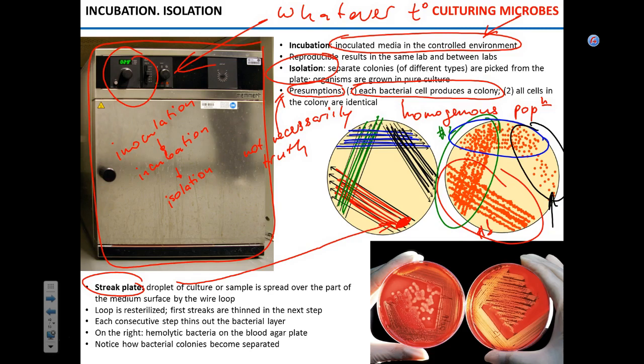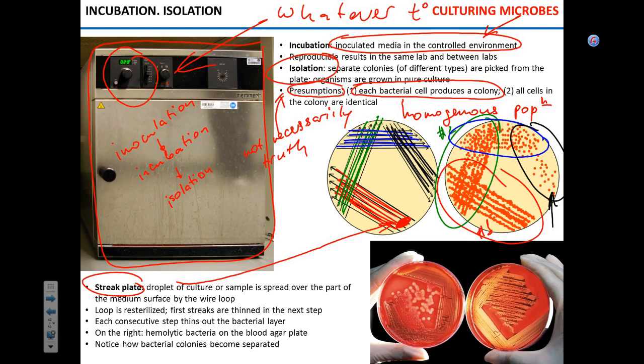You may ask, wait a minute, why are we doing that? What's the reason? You already picked a colony. The problem that can occur when you pick a colony is that you look at the colony that is yellow. Yellow color, single colony. How do you know that it's a single species and not a mixture of some orange microorganism and white microorganism growing together in the same place? Does that make sense? You don't really know.